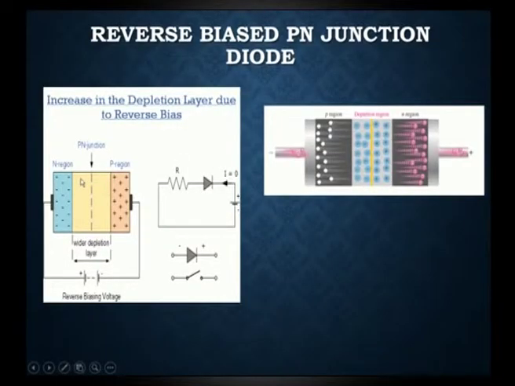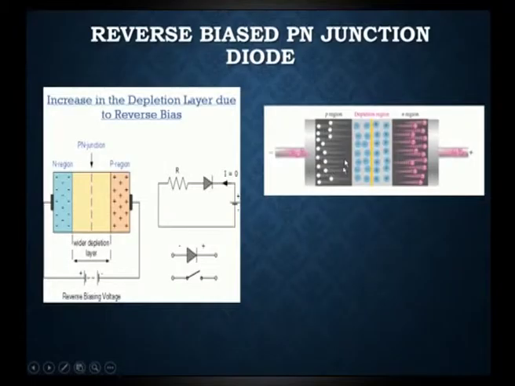So, there will be no conduction. An increase in the barrier width means there will be no motion of electrons or holes across the PN junction, so there will be no current. That is what we can observe in the circuit here, that is I equal to 0 for the reverse bias mode of a diode, and the diode can be represented here as an open circuit switch. So, the diode reacts in reverse bias mode as an open circuit, whereas in forward bias it reacts as a closed switch, and in reverse bias it reacts as an open switch.